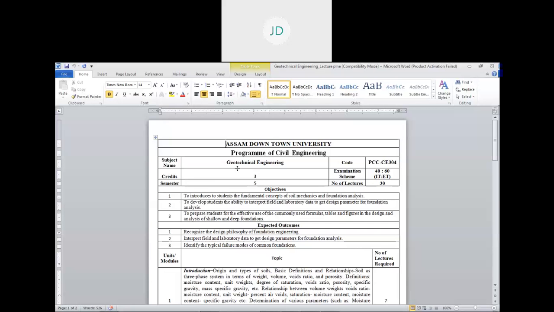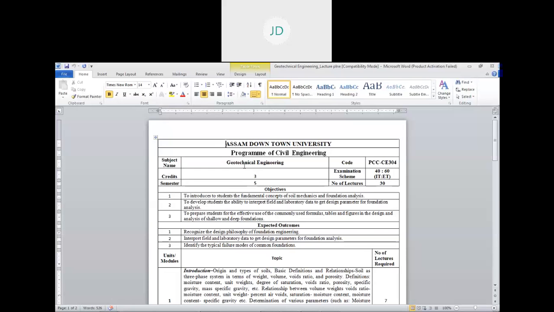So we can utilize the soil in construction work, and soil is considered an important component of our engineering construction, right? That means we are going to study soil very carefully, right? Why? Because